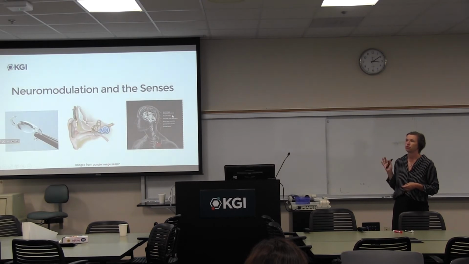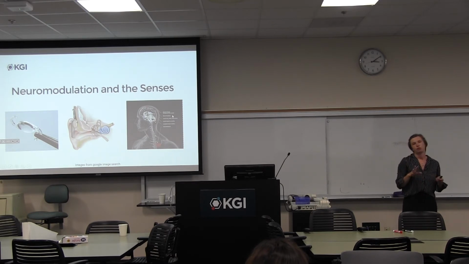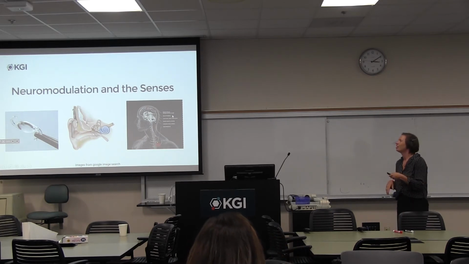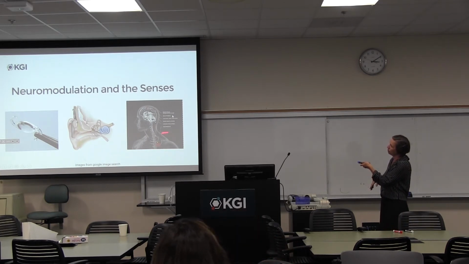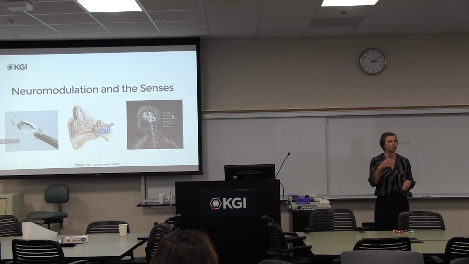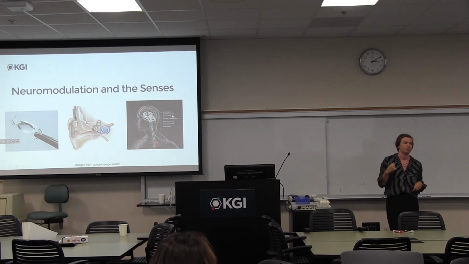Neuromodulation is neat. For Parkinson's disease, they can do deep brain stimulation. They put electrodes in the person's brain, and it makes the tremors go away. How it works is a big maybe, but they have ideas. In the middle is a picture of a cochlear implant, so you can now make people who have been born deaf hear. It bypasses the auditory hair cells and goes directly to stimulate the nerve.